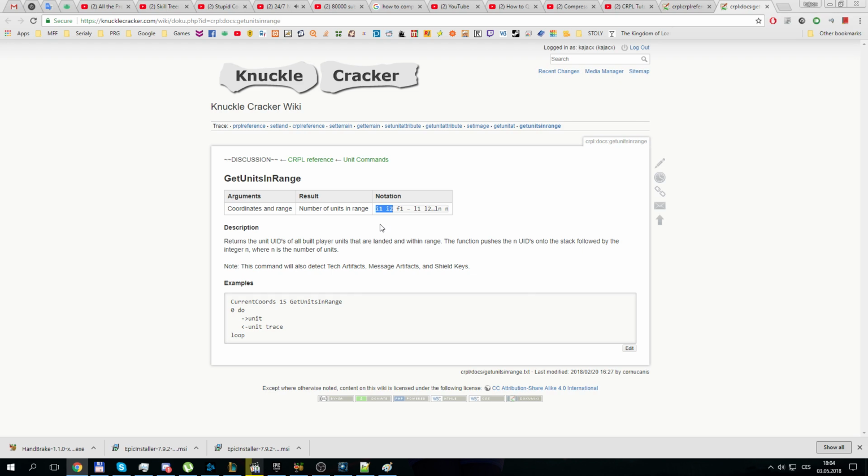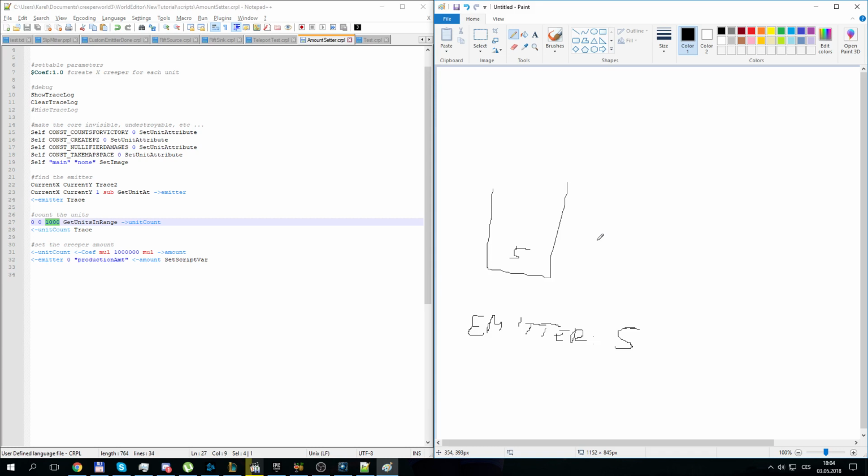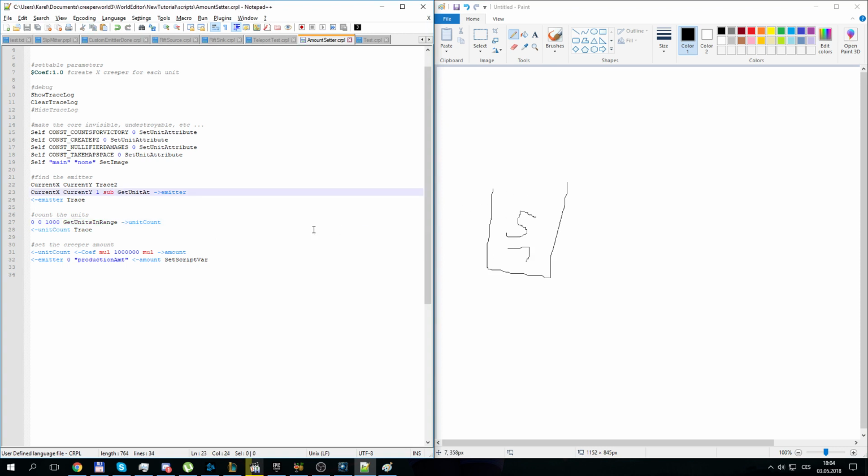And the result looks a little bit weird at first. As you saw the commands like add, for example, when you have 1, 2, 3, and then you do the add command, it just takes 2 numbers and puts 1 number back, right? Well, get units in range isn't like that, because while it takes 3 numbers from the stack,